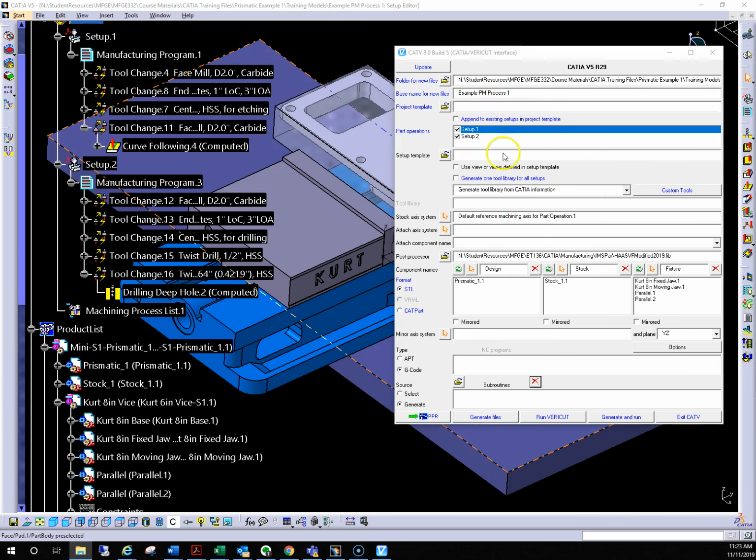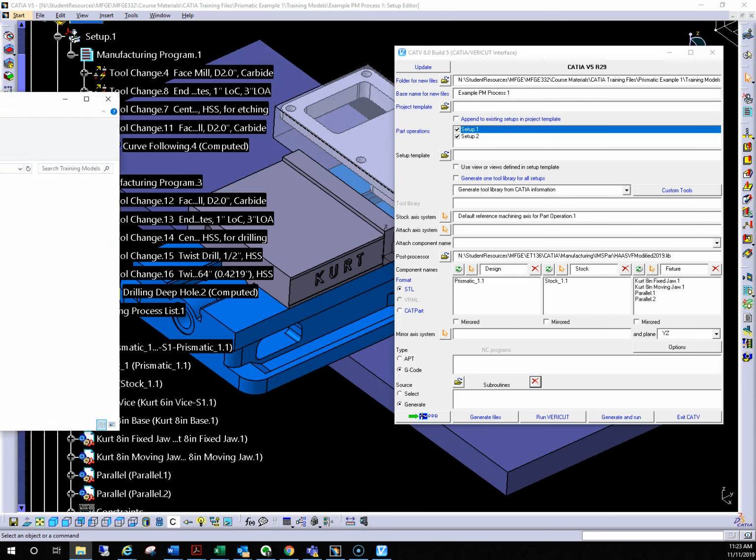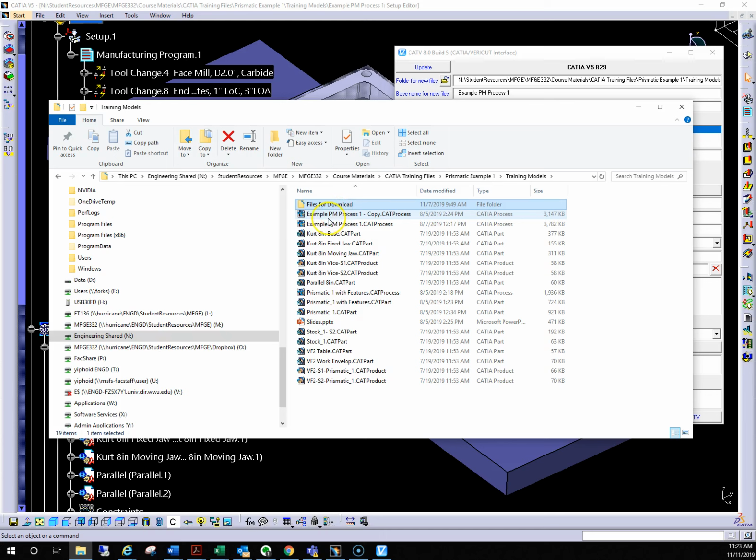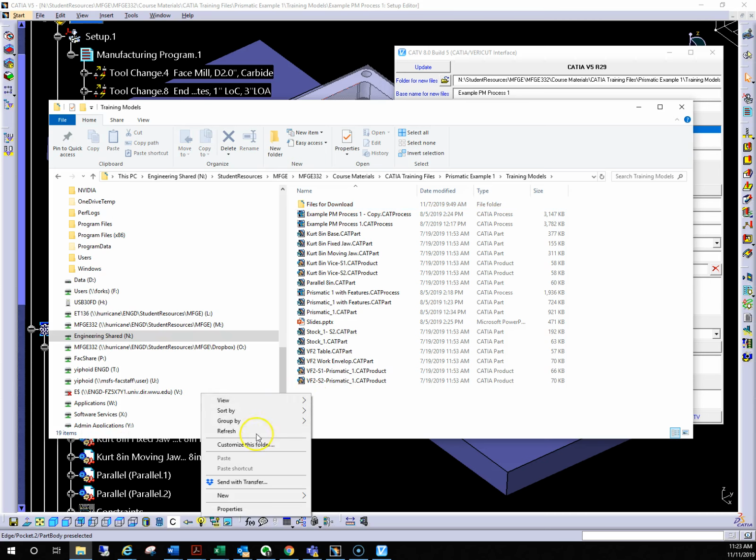I would point out that you may find that some of these fields are populated with information. You should check through all of these to make sure that the information is correct. So don't assume that this information is correct. So I would recommend that you place your Vericut files in the same folder or in a subfolder to the folder where you have your CATIA model. So for example, in my case, this here represents the folder where I have the CATIA model that you're looking at. I'm going to just create a new folder here,